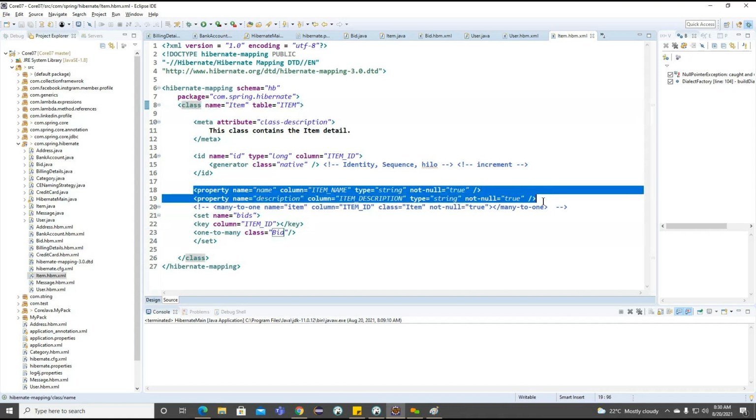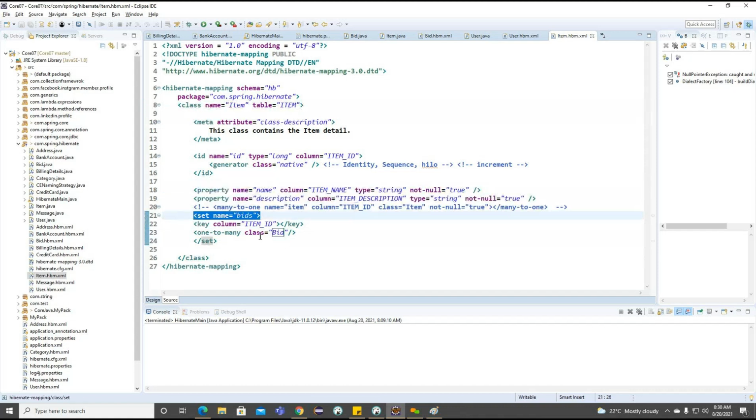Now you can see item class we created. Item is having two properties. We connected with the two properties and a set tag. Why we provided set tag? Because we are having some collection of information. So we need to connect with our set tag, and internally we are connecting with the key. So this particular key is going to play as a primary key and foreign key reference here. Primary key for this particular item, foreign key for this particular bid table here, right?